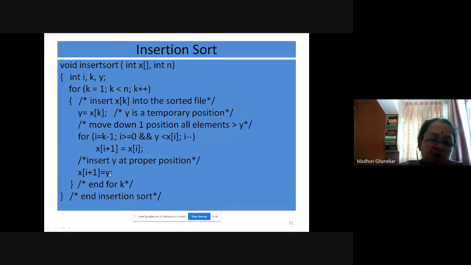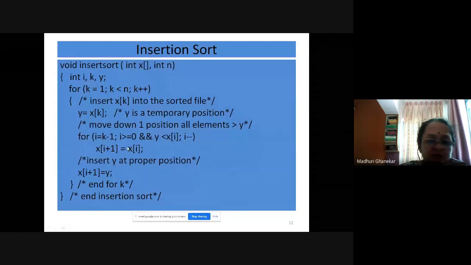So at xi plus 1 you will be moving that element, and this for loop ends at this position, whereas the second for loop has only one statement inside it.